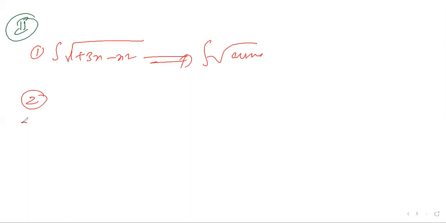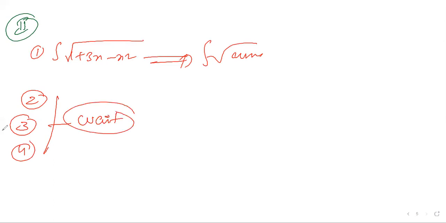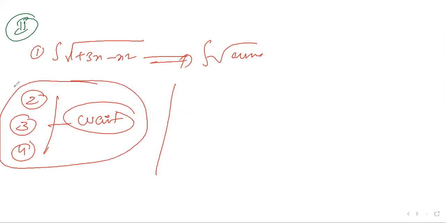Now the second question, third question, and fourth question. You need to wait. Tomorrow in class I'll explain, because this is a different model. I don't want to do that now. These two questions I'm leaving. Tomorrow one more method is there for that. At that time I'll introduce the method. Okay. Next, coming to the fifth question, integration 1 by 3x square plus x plus 1.